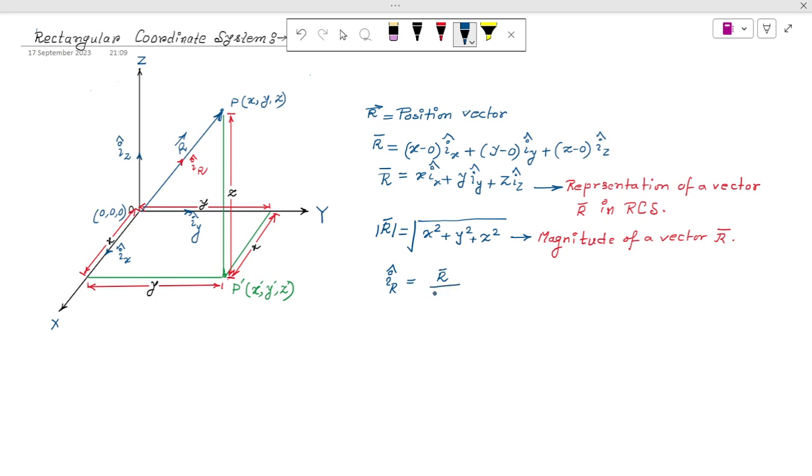R vector divided by modulus of R. So this is the presentation. That is the representation of unit vector. Okay,